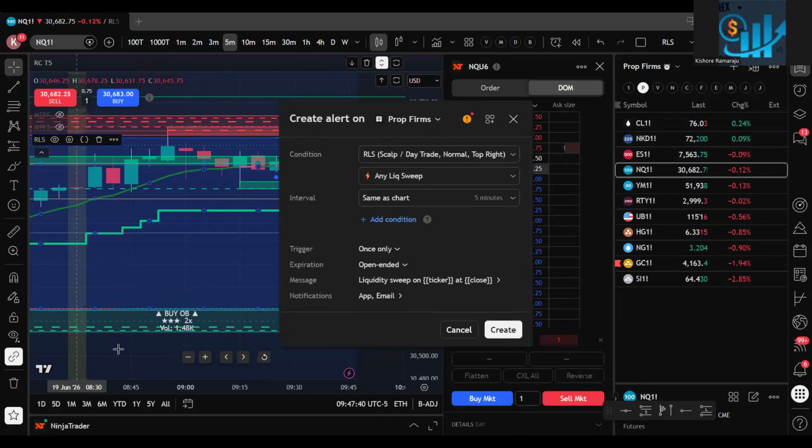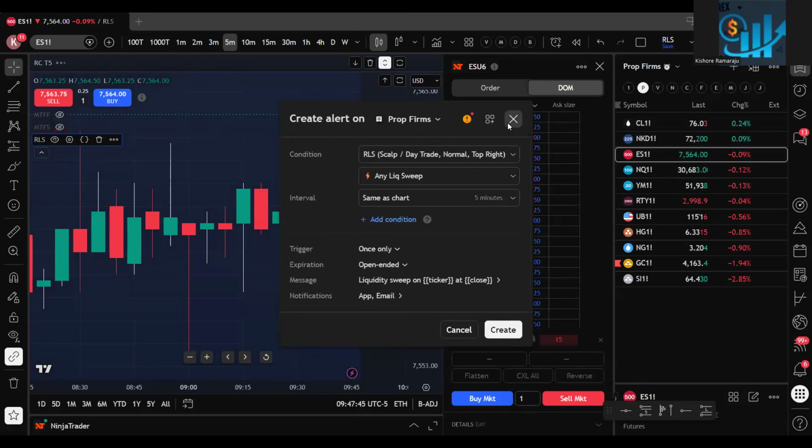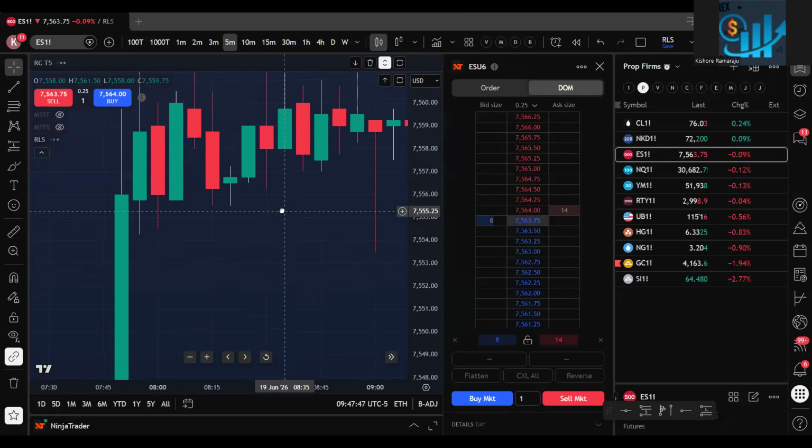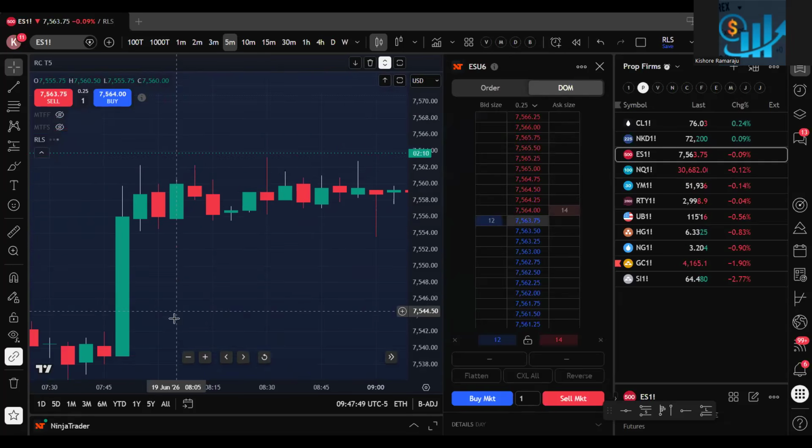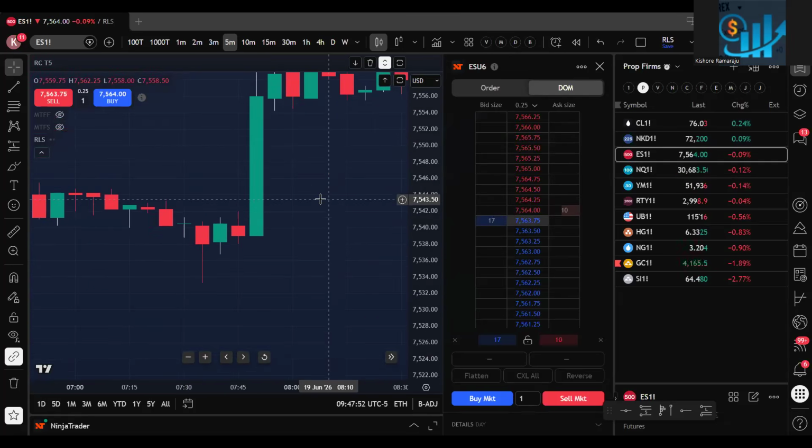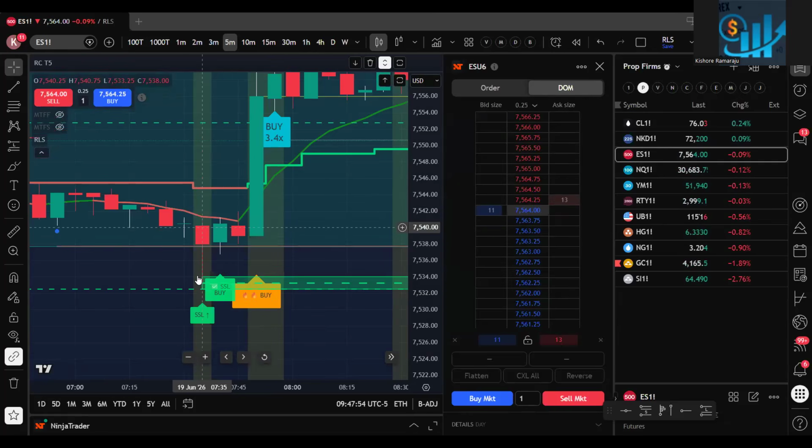If the next tick is also moving in the same direction, I can immediately go. This is for the second alert which we are setting. Whenever a sell side liquidity or buy side liquidity happens, immediately you will receive an alert saying, okay, sell side liquidity completed on ES. Then I'll be ready with my buy signal. Immediately next candle, I got a buy signal, right?